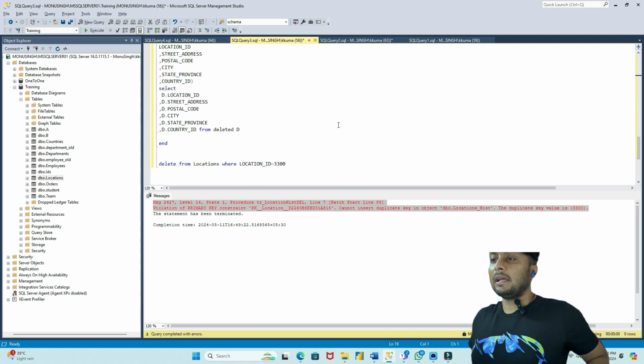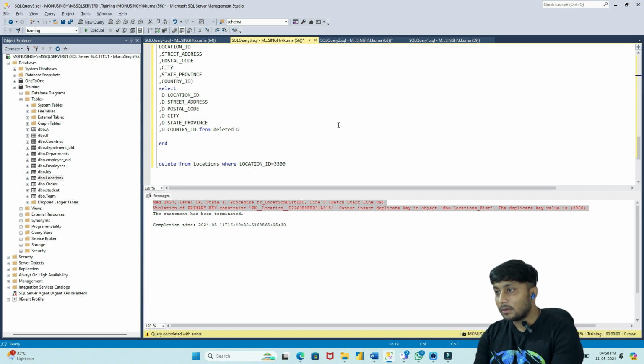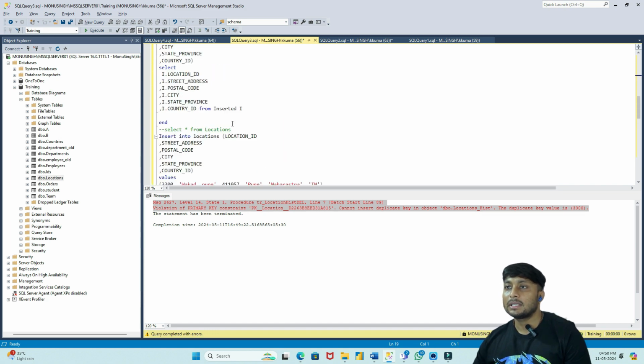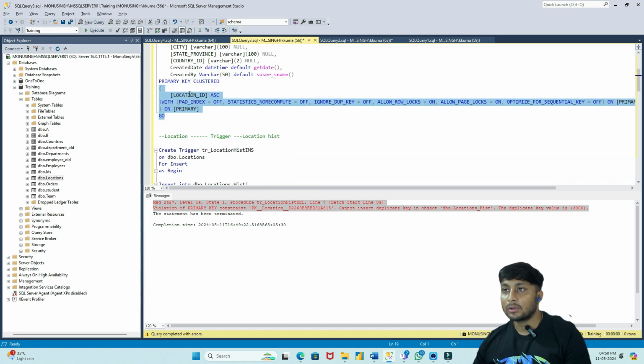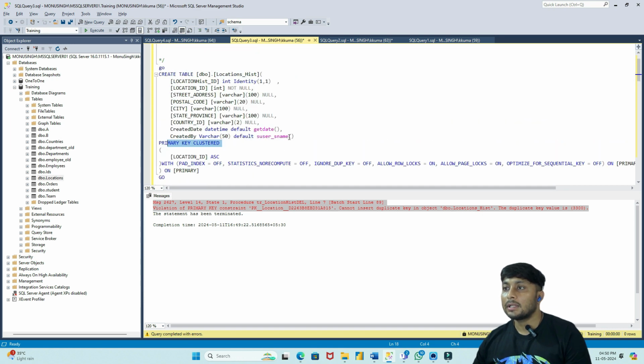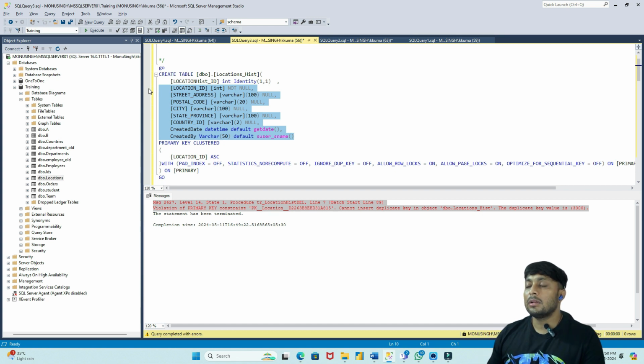Okay, so the main idea is basically: cannot insert a duplicate key in the location history. The duplicate key is 3300. Primary key. By mistake we have created this particular location ID as a primary key. I don't want that. So whenever you are creating a location history table, make sure that only this key will be unique. Others can repeat,